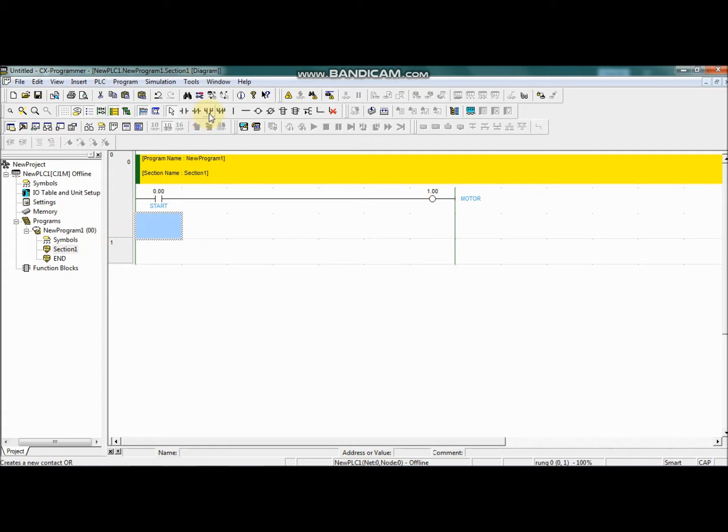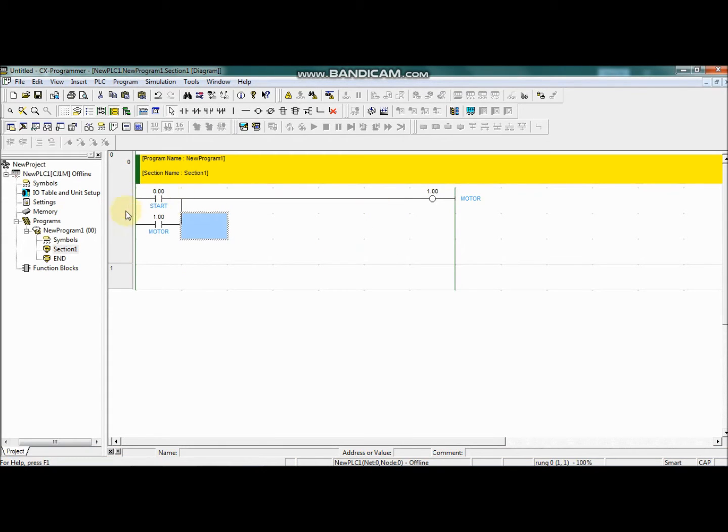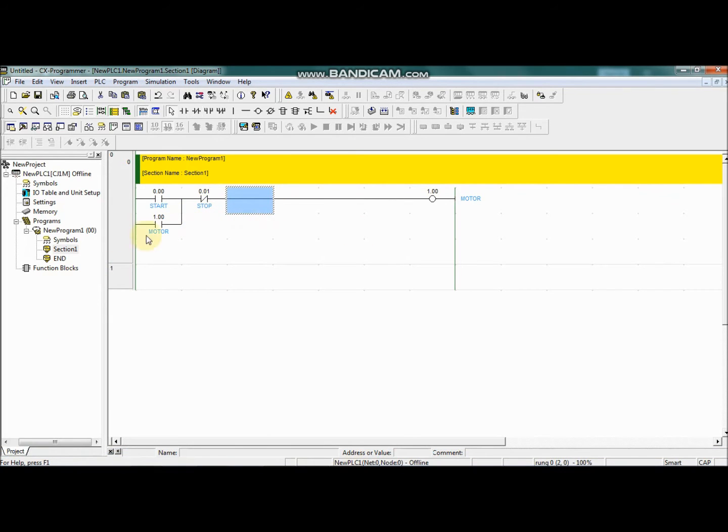So we use a parallel contact with the start, using the address of the motor itself. If the start is turned off but the motor is already energized, the motor will always stay energized until we energize the stop button, 0.01 stop. This is how the latching function works.